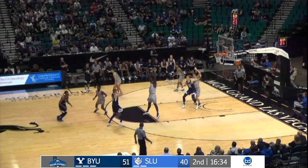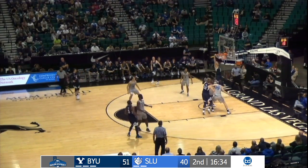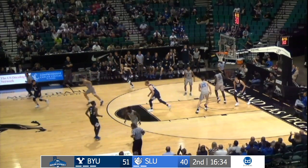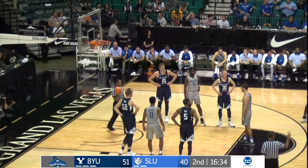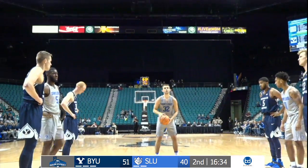And there you see Kyle Davis, and Davis got his man Ekpeko in the air. And then the right-handed dunk, he puts it home. And the Cougs lead by 11. So Crawford will go to the line